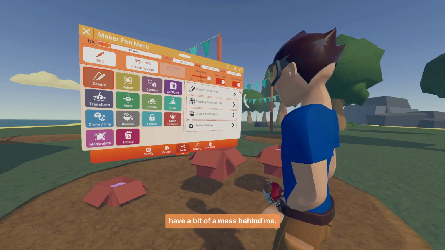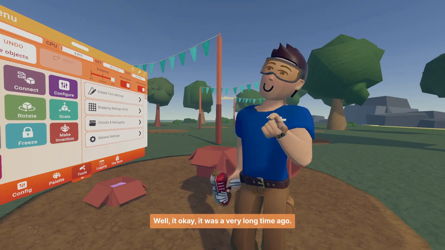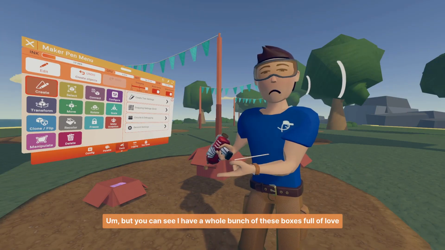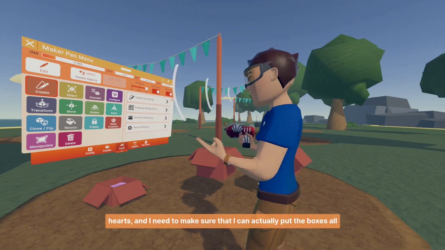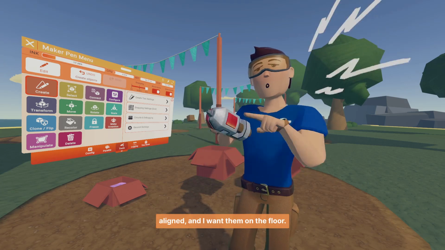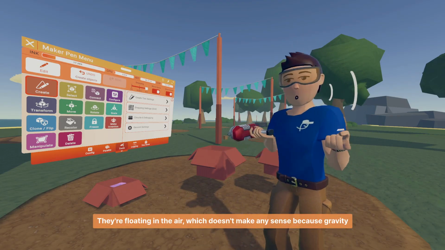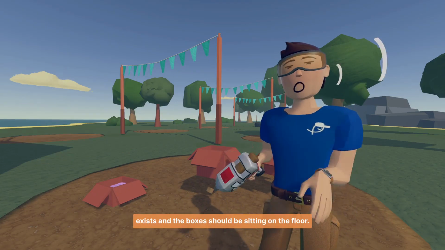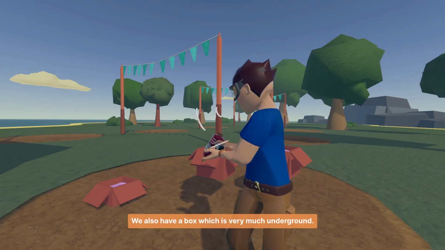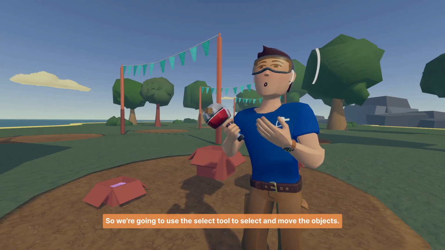So you can see I have a bit of a mess behind me. It was recently Valentine's Day. Well, it was a very long time ago. But you can see I have a whole bunch of these boxes full of love hearts, and I need to make sure that I can actually put the boxes all aligned and I want them on the floor. You can see these boxes behind me, they're floating in the air, which doesn't make any sense because gravity exists and the boxes should be sitting on the floor. We also have a box which is very much underground, so we're going to use the select tool to select